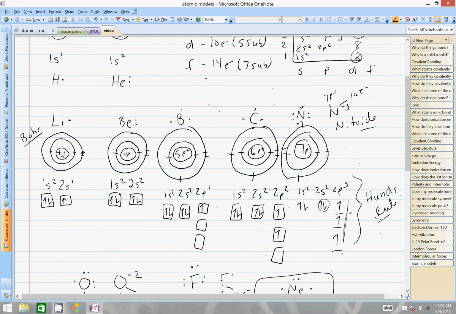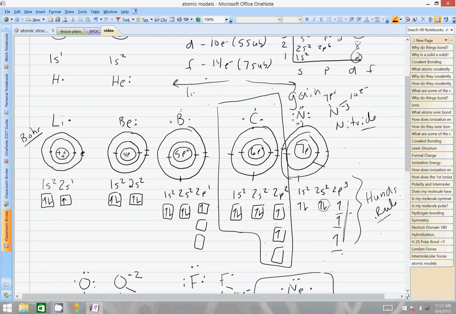Carbon is sort of a little unique in the sense that it's sort of in the middle. It could gain in this direction. So everything so far discussed has been gaining. Another name for gaining is reduction. Or it could possibly lose electrons to expose this full inner shell. Turns out that we would expect a positive 4 or maybe a negative 4 charge forming if this did happen. Well, for carbon to lose 4 of its 6 electrons or gain 4 and nearly double its electrons is quite